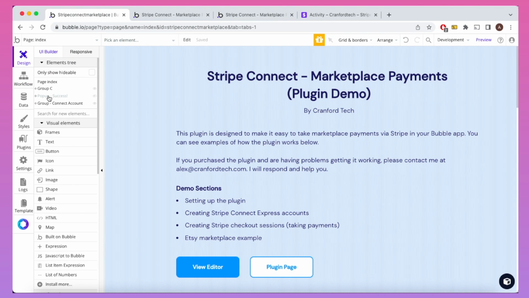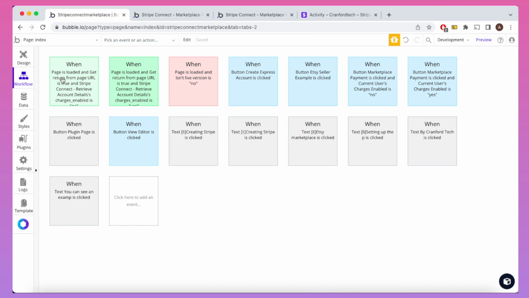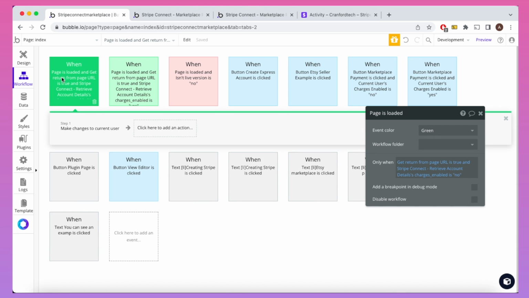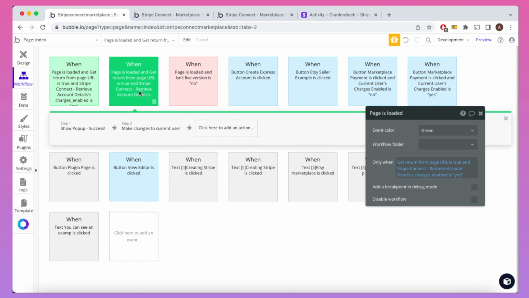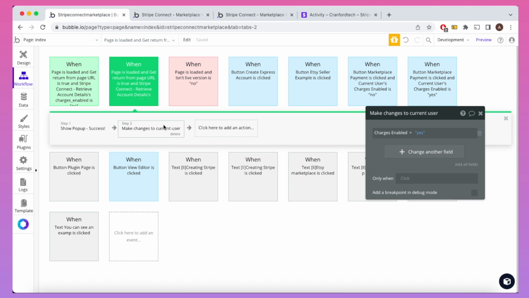First of all, going to our design tab, you can see I have that success pop-up built. It's not visible by default. But we have two workflows here that are relevant, and they're both quite similar except for one condition. You can see here one has one single action and the second one here has two. The first action from this one is showing the pop-up, and the second action is changing the current user's charges